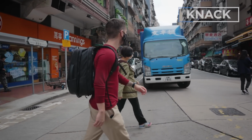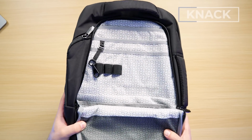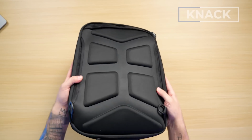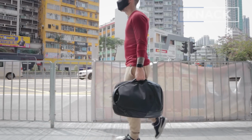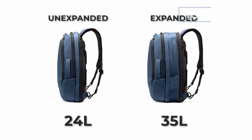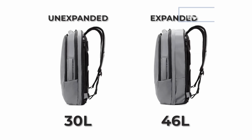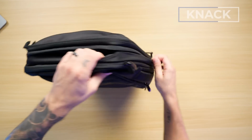Some of the top features: a well-organized front admin compartment with this really funky lining, another innie/outie water bottle pocket, the ability to stow away the shoulder straps, so you can put this thing in duffel mode, or carry it in sort of briefcase mode. But really, I think the expansion is the unique selling point. On the small version, it can go from 15 liters to 27 liters. On the medium, it can go from 24 to 35 liters. And on the large, it can go from 30 liters to 46 liters,